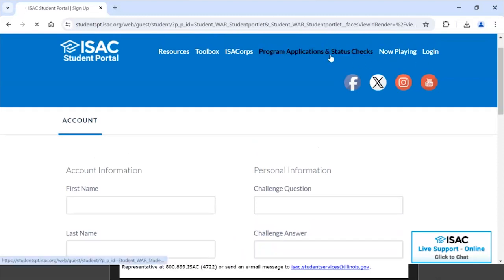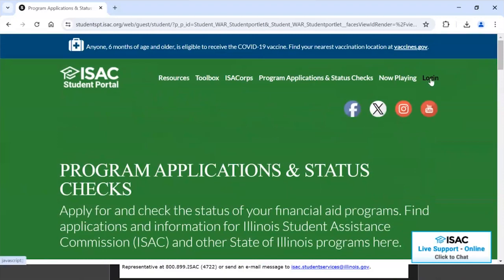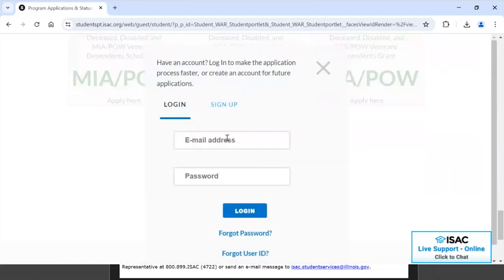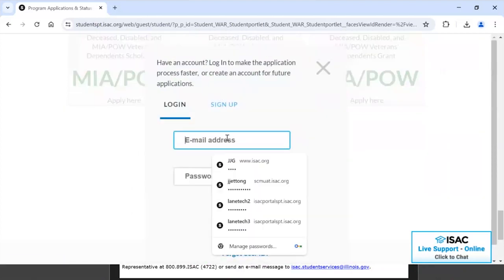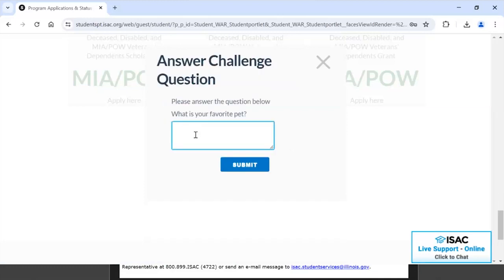Because I already have an account, I am going to go ahead and log in. They can go in and just go directly to login, and then if they click on the page, it will take them directly to the electronic non-participation form. But just because I think typically students will just go straight to the form without logging in, I just want to show you what that would look like. So I am logging in right now. This is just a demo